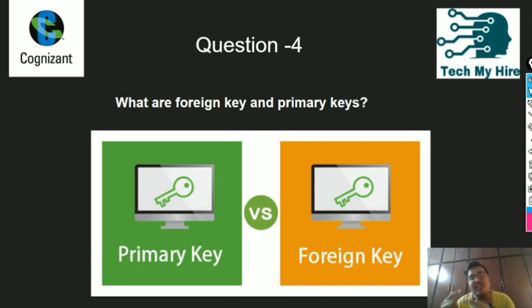Now let us talk about the importance of foreign key. Why do we need this foreign key? So there are two tables. One is the student table and the second one is the course table. In the first table I have written student name, student ID, and in the second table, student ID, course ID, course name. So here student ID is acting as a foreign key for the next table, because to link these two tables we use foreign key, right?